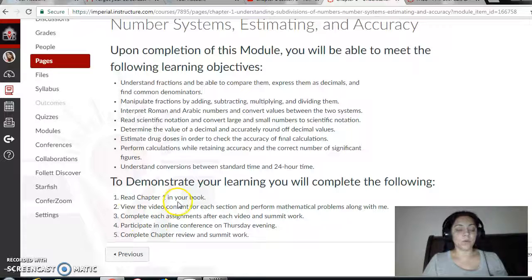You are to read the chapter in the book and view the video content for each section. We'll be performing some mathematics along with the chapter. After that, you will complete some assignments,